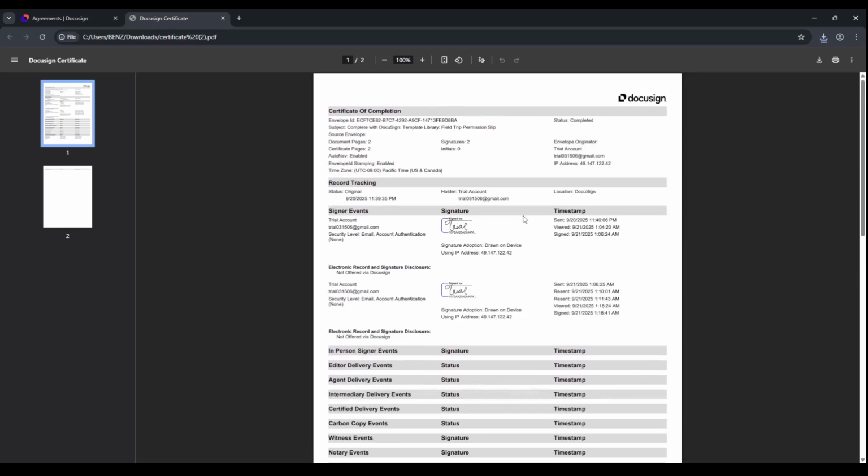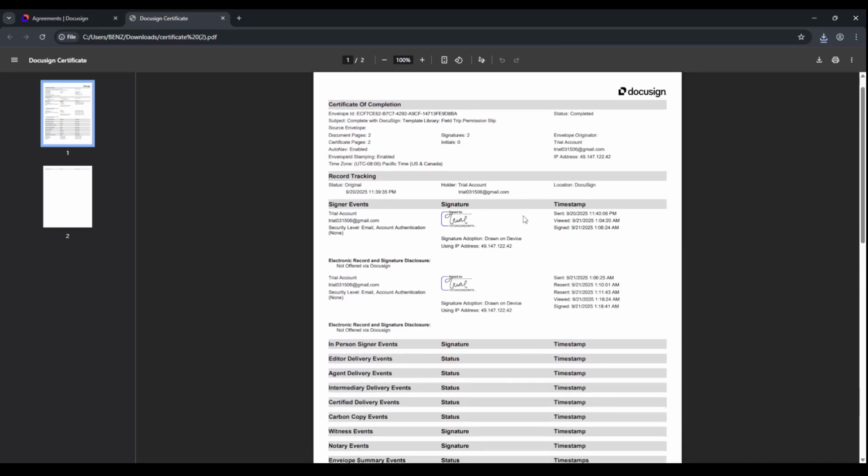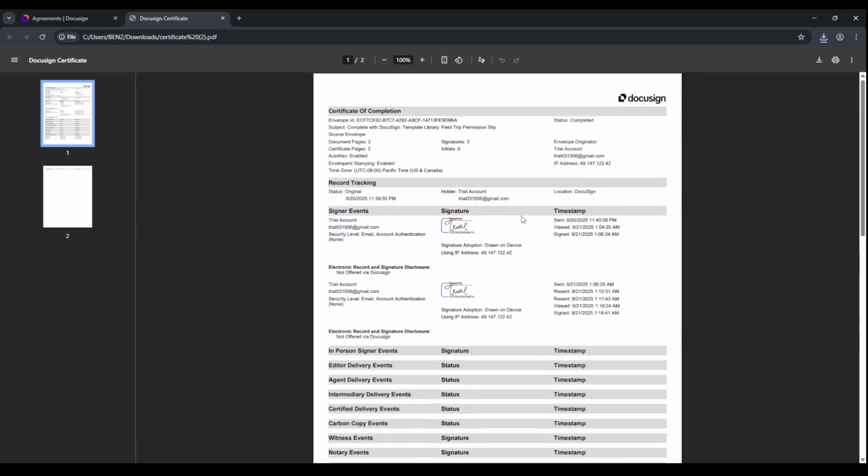If you don't see the download certificate option, confirm that you're viewing the correct envelope and that you have permission to access it. Sometimes administrators limit who can download certificates, so you may need to ask your account admin to enable that or share the file with you. That's it. You've retrieved your DocuSign certificate of completion quickly, cleanly, and with